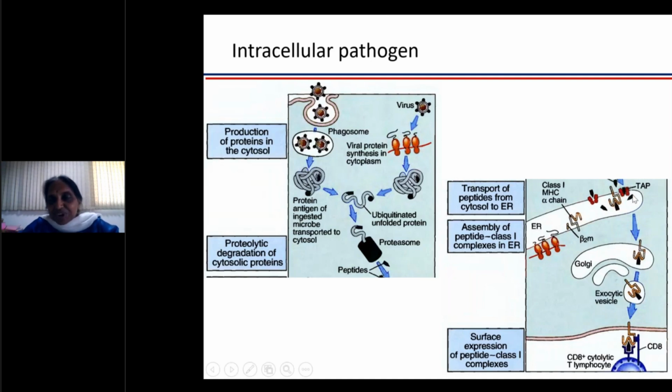So this is a transporter associated with antigen presentation, which is a transporter that will put these peptides. It recognizes a certain component of the peptide, which is important, which can bind with much better efficiency to the class 1 molecule. So it transports only those peptides from the cytosol into the endoplasmic reticulum. And these peptides will now get loaded onto the MHC class 1 molecule. And this whole complex will get transported and be expressed on the cell surface.